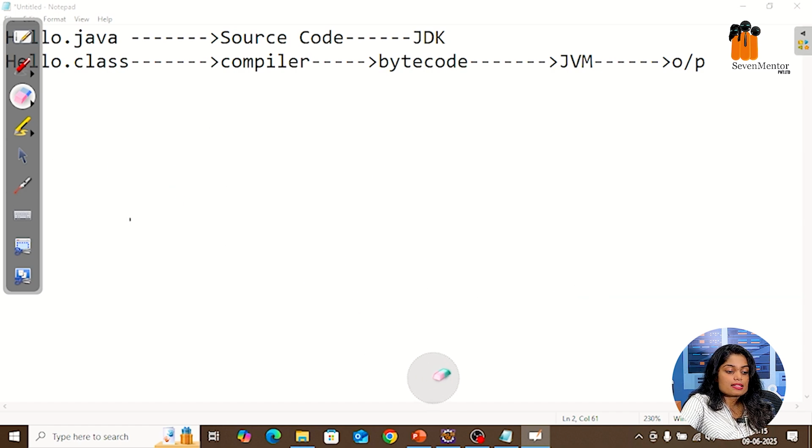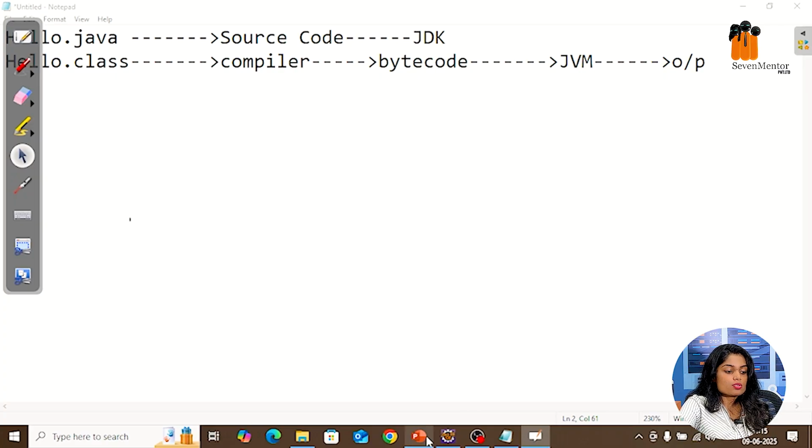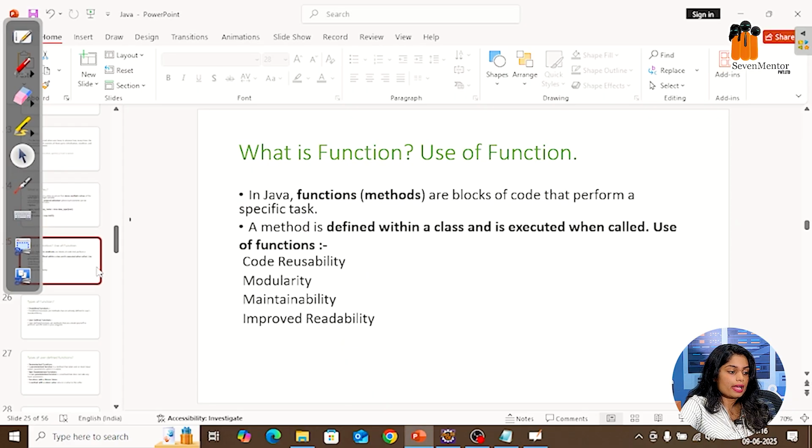So simply, what is an array? Collection of similar types of data. It has 2 types, 1-dimensional array and 2-dimensional array. Array is nothing but an object in Java. That's why we declare the int data type as well as the new keyword. I want the collection for the integers, that's why I declare int as a data type. Okay, and so this is a simple example for declaration of a 1-dimensional array. Same like that, we can declare the 2-dimensional also. It will just contain the rows as well as the columns. Okay, so this is the array.